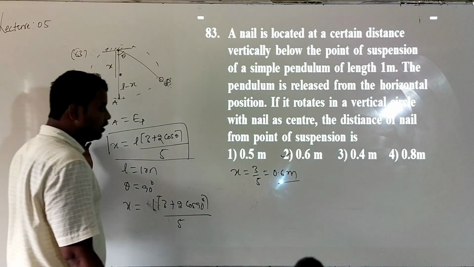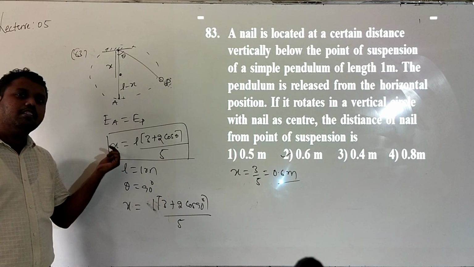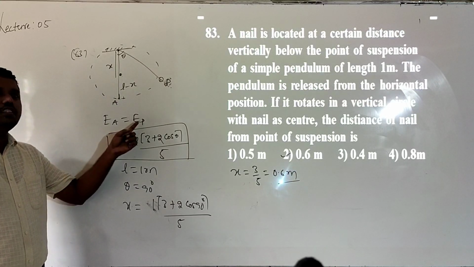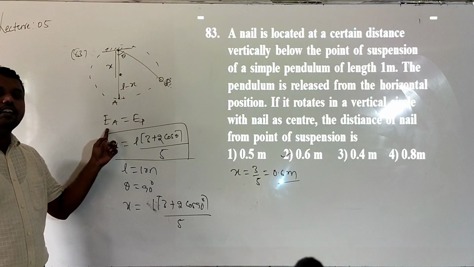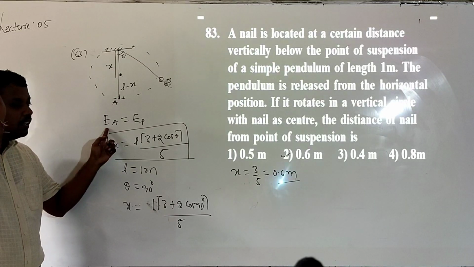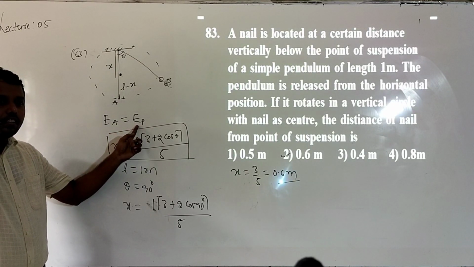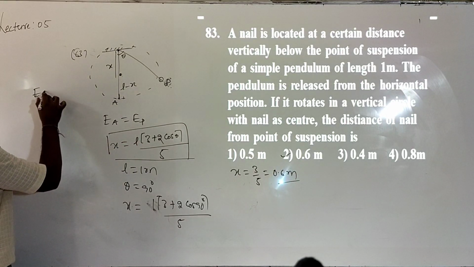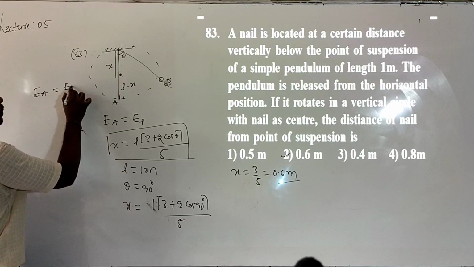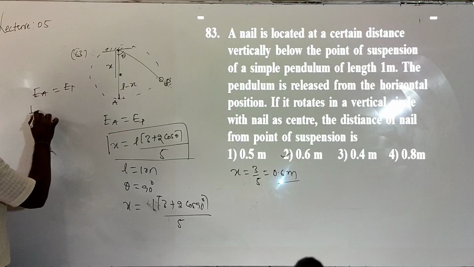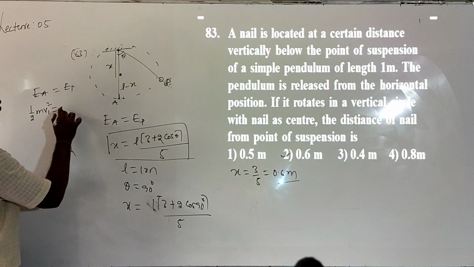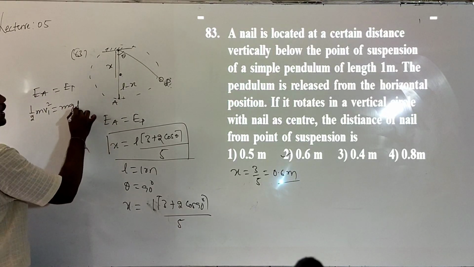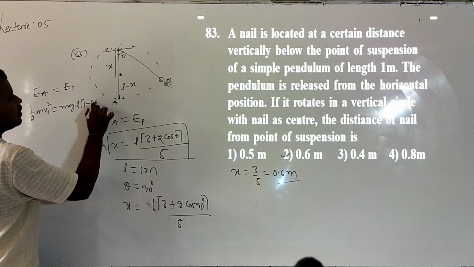Second option. If you want to see the derivation of this for the concept class, we will get x by using the law of conservation of energy only. Here we write 1 by 2 into m into v1 square, and here we write EP. By simplifying these two, you will get it. If you want to check how we derive this formula, EA is equal to EP. So EA, 1 by 2 into m into v1 square, is equal to EP, m into g into h. So h can be written as L into (1 minus cos theta).